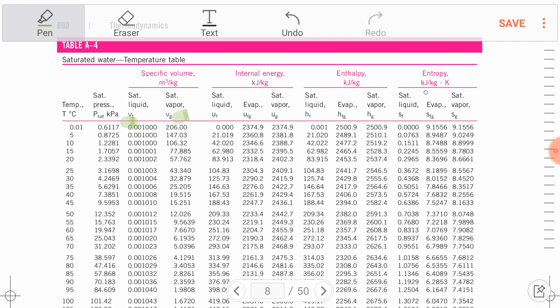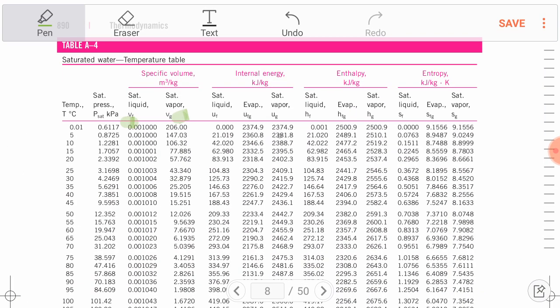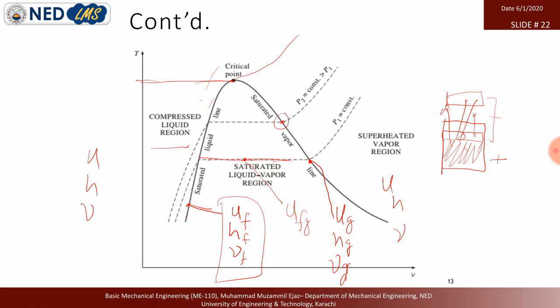In entropy, which we will study later, we also have these properties. Now you may have a question: the value ufg is fixed, so where does it lie, at the start, in the middle, or at the end? In this table you get the answer that the uf value lies at a particular pressure,